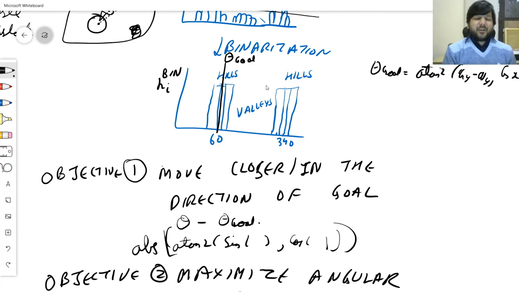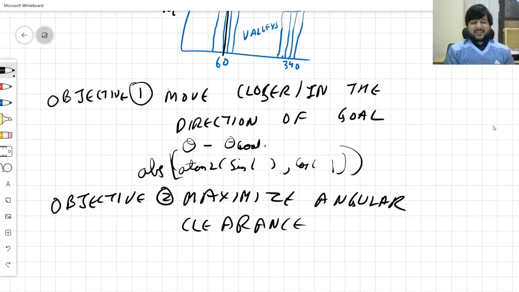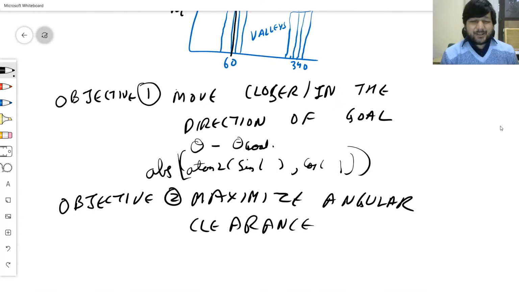Here what we're going to do is something which is typical in robotics. So I say there are two objective measures, and all that I do is put a threshold on the objective measures so that